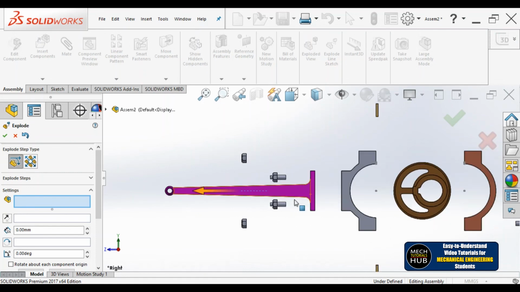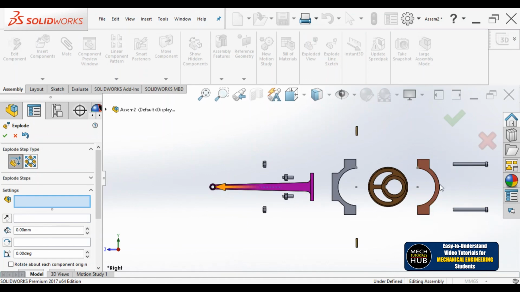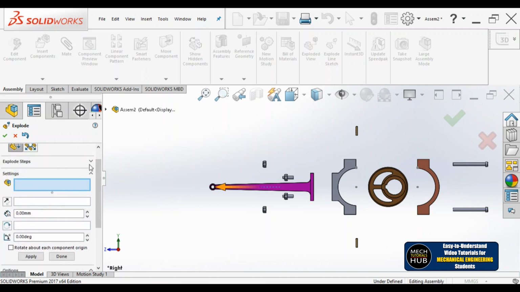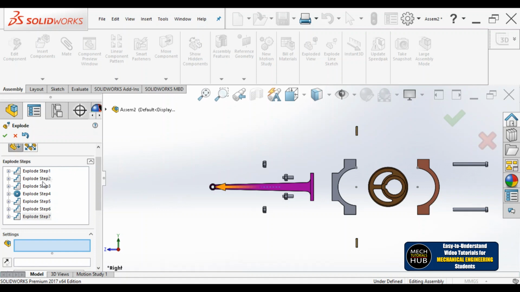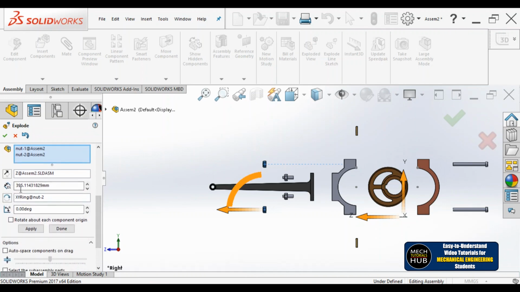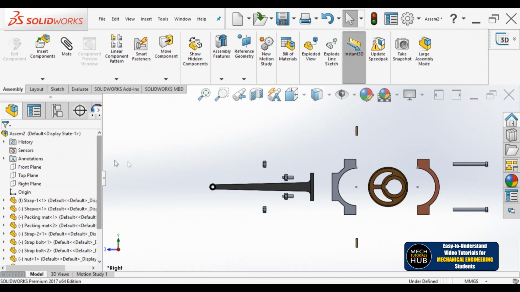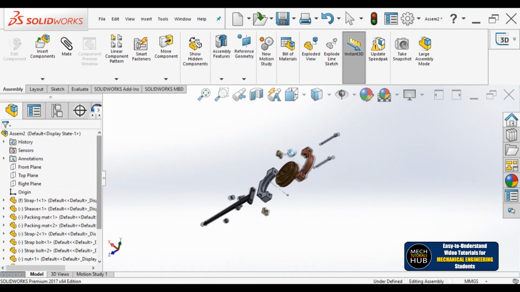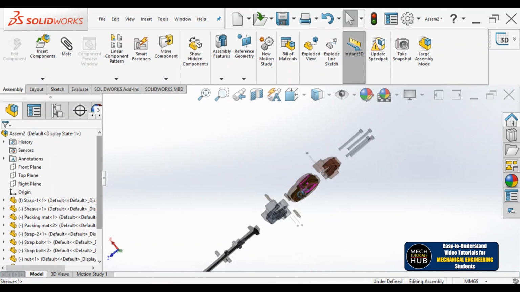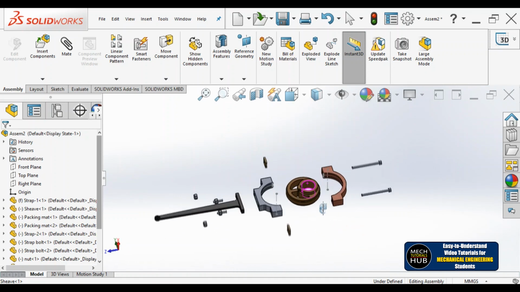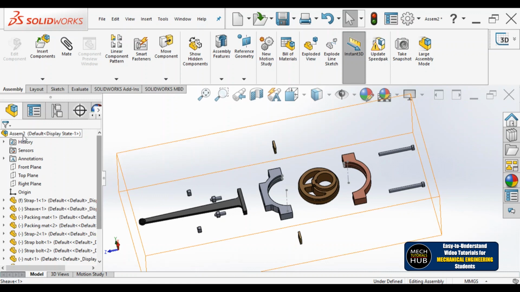Once you're done with everything, if you want to position properly, if you have any idea related to your positions, or want to maintain any specific distances, that also you can do. Simply go to the explode step. Here you find all your options, right click on it and edit step. Go down where you find the dimension. It has maintained a 395 distance. If you want, you can increase or decrease, do whatever you want. That you can practice. Let me say okay for whatever exploded view I did. This has got saved now. Now after saving also, wherever you want you can rotate, whatever the direction may be.